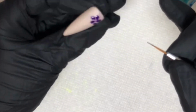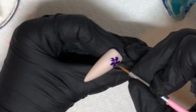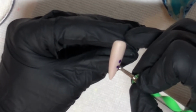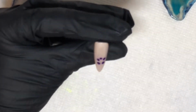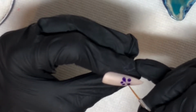And honestly, if you think of each of the dots as turning into a drop of water that connects to another drop of water, there you go, you've got your flower. And you could actually make a splash that way as well, just by making some dots and connecting them together. We are coming up to summer months, so I'm thinking some splash nails are in our future because people